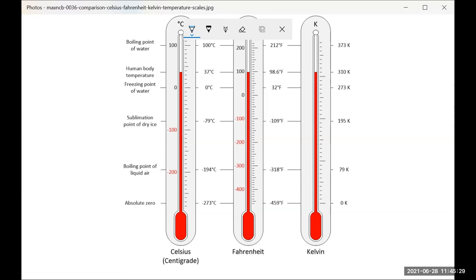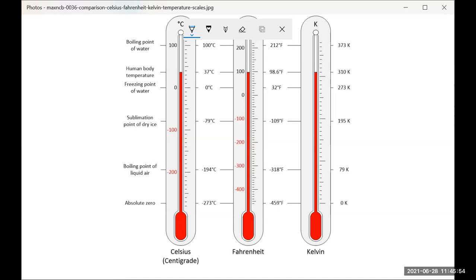Human body temperature was kind of off from 100, so that got reset to be 98.6 degrees Fahrenheit. It was at 100, but then they reset it. Now, about a couple decades later,